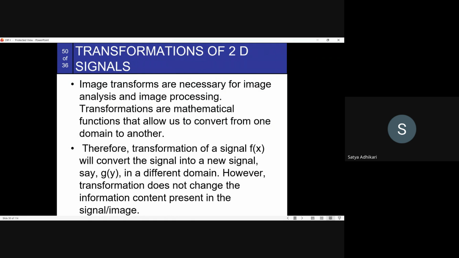Okay, so let us start. In the last class, we discussed the introduction to DIP: what an image is, why we need to process an image digitally, and the types of images, which are classified based upon different components and attributes. And